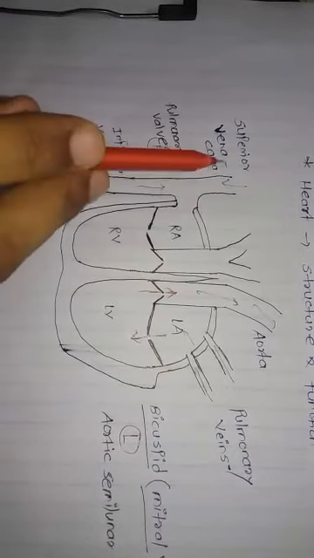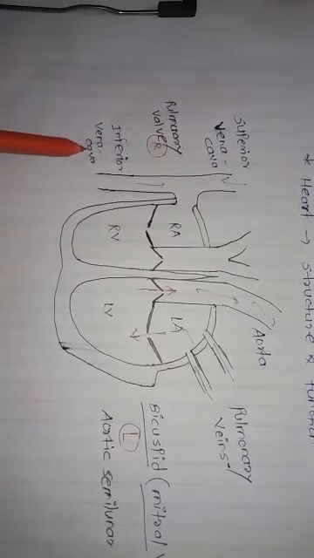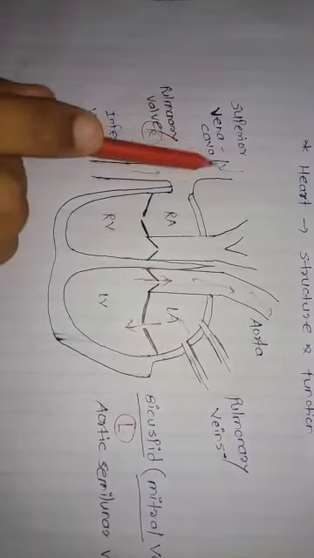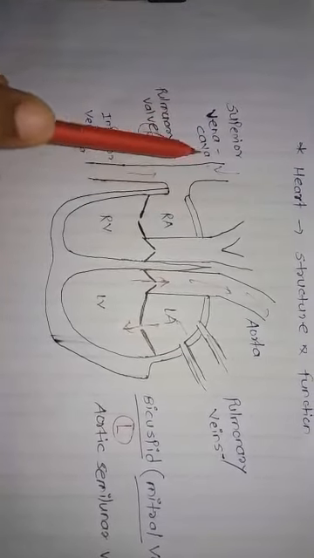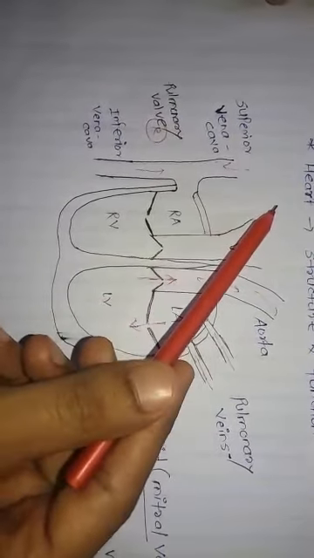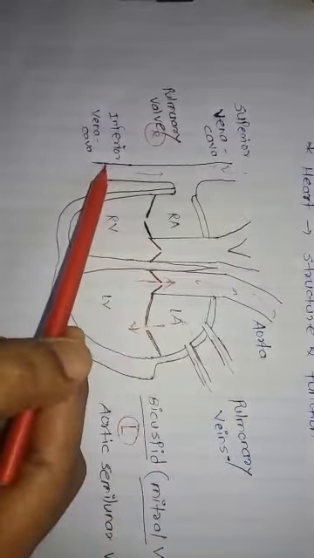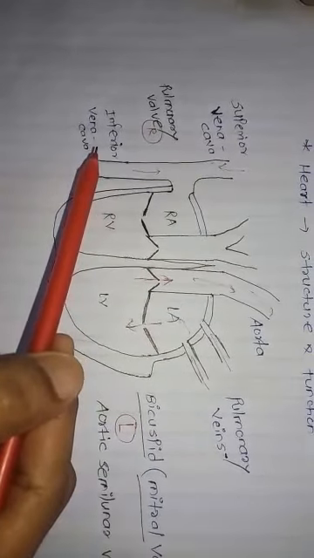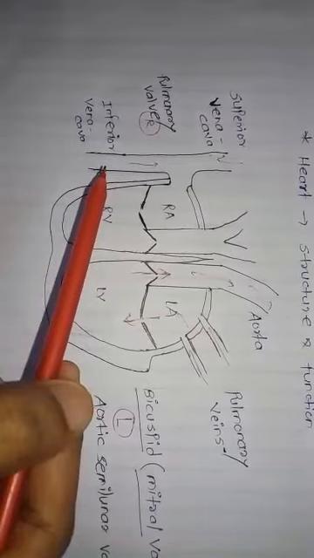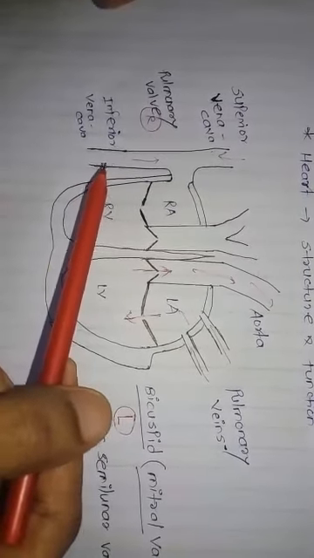Then they form the inferior and superior vena cava. The vena cava are the largest veins in the body. This is the superior vena cava. It drains blood from the upper half of the body, like the brain and thoracic cavity, and the inferior vena cava drains blood from the lower part of the body, like the limbs and abdominal cavity, etc.